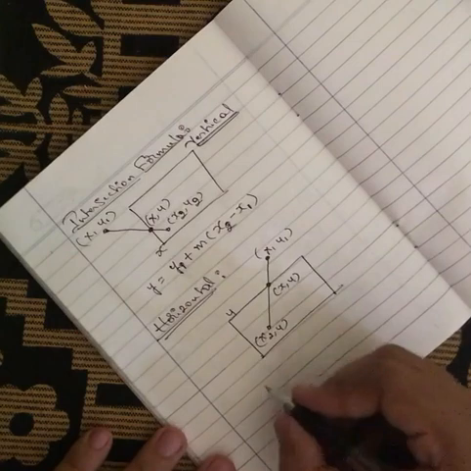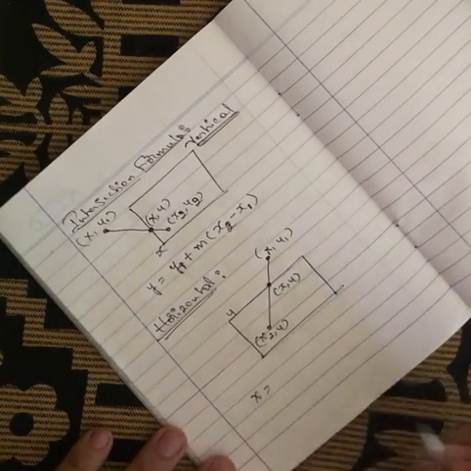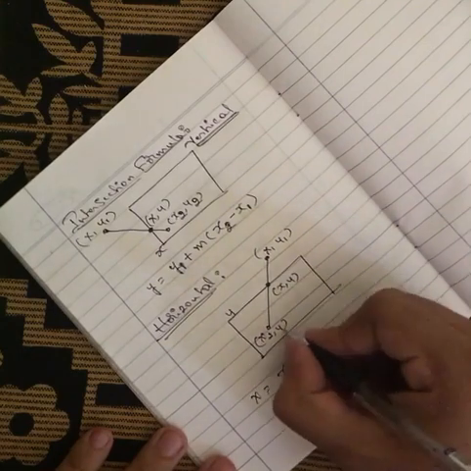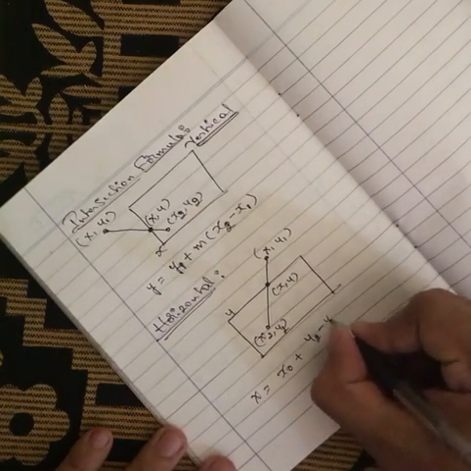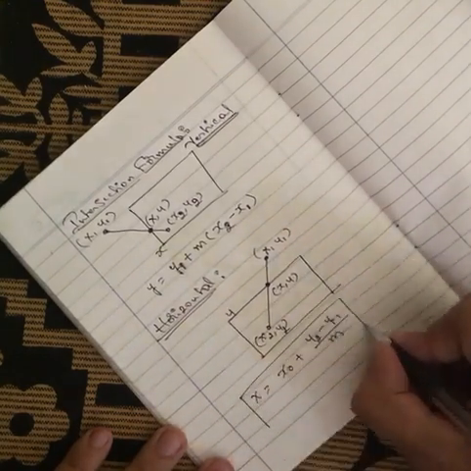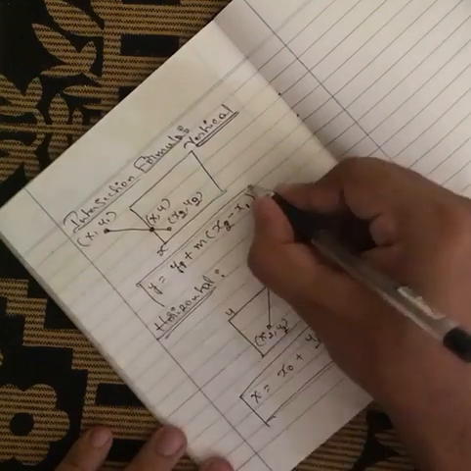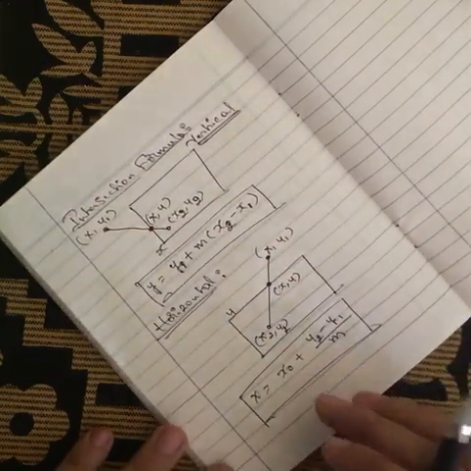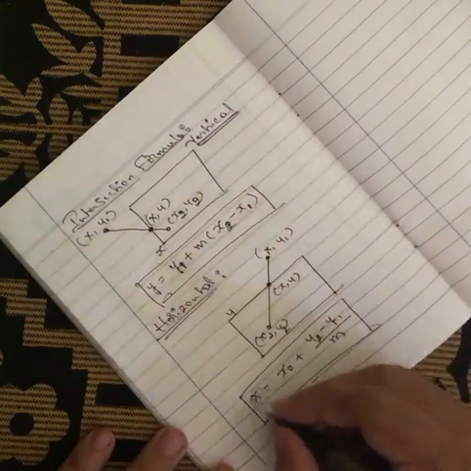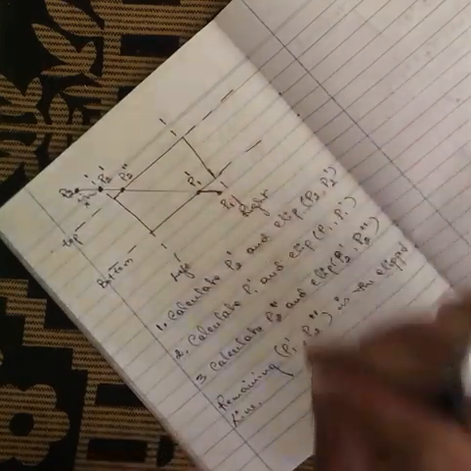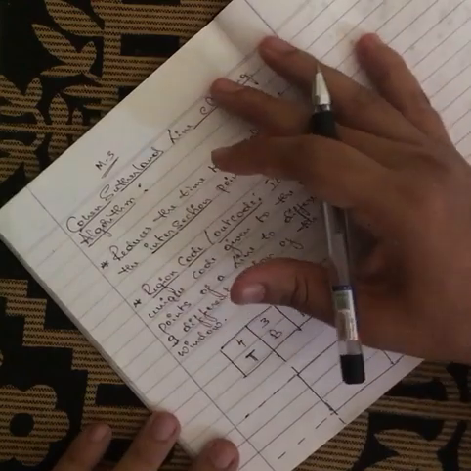Now you know y, so I can write the formula for x. X can be given as x naught plus y2 minus y1 divided by m. So these are the two intersection formulas, given for the vertical intersection as well as the horizontal intersection. Using this you calculate the intersection points, and then you clip it in this manner, and this is what the Cohen-Sutherland line clipping algorithm says completely.